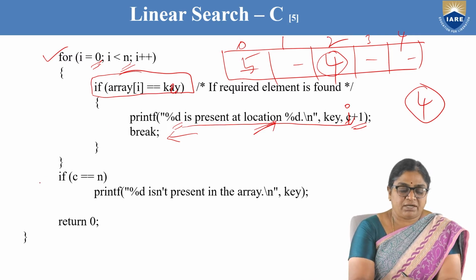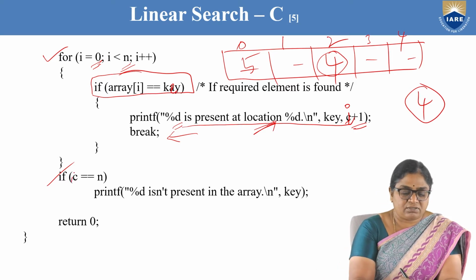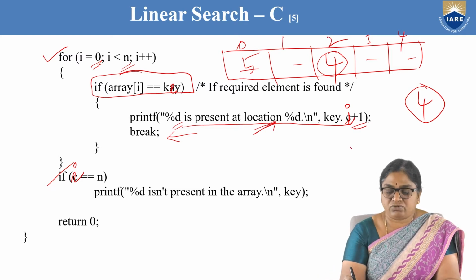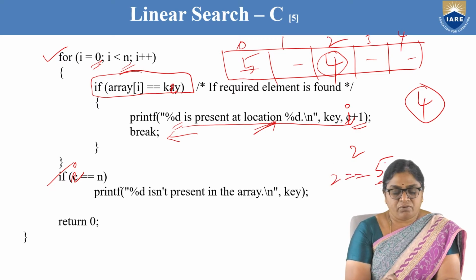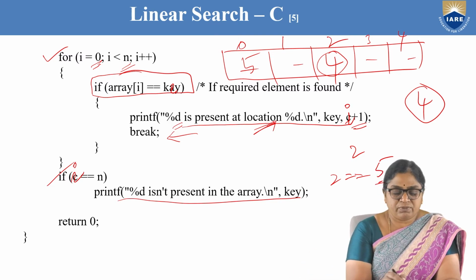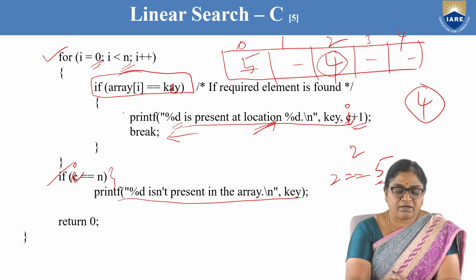So after terminating the loop, I am checking whether I is equivalent to N or not. Here it is not C, it is I. So here in this case I is 2. What is N? It is 5. Is I equivalent to n? No. So when it is no, then we are not going to display this one. So why should we check this one? So if the element is present, then this part will take care of